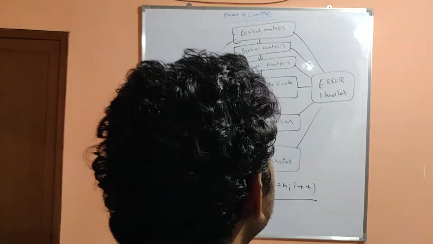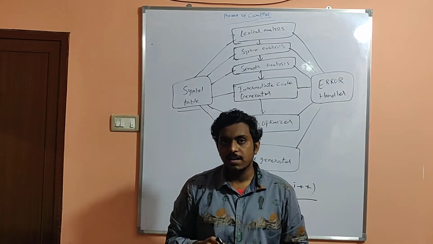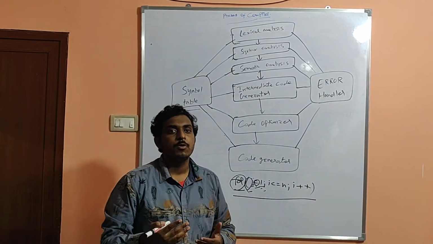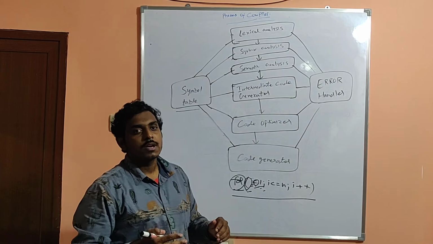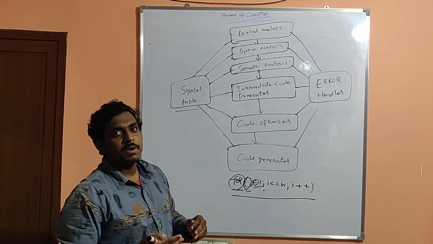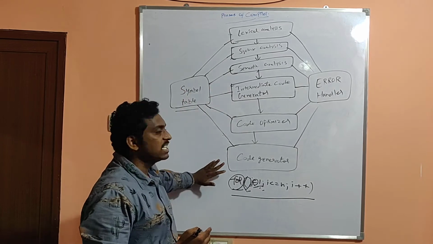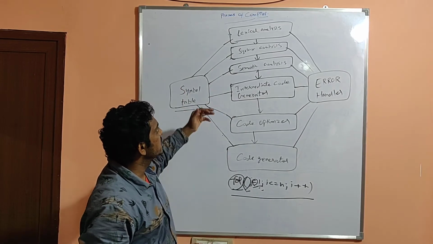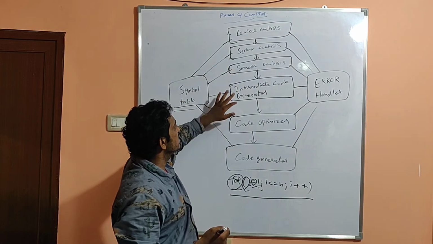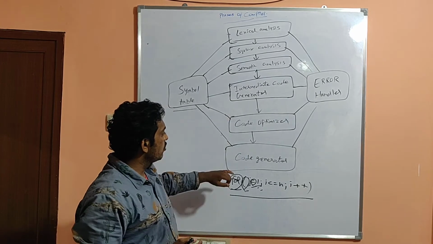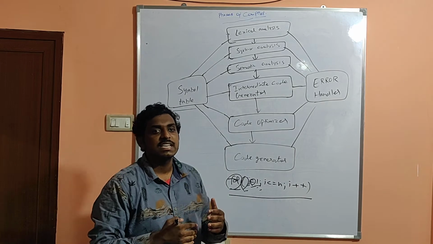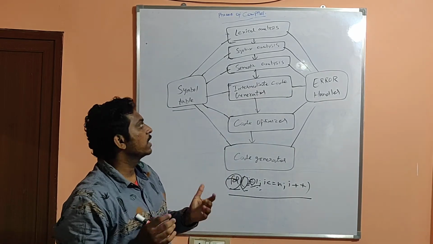Now we are going to see the concept of phases of a compiler. Whatever program we have written, for running the program we definitely have to compile it. The compilation process takes place in 6 different stages. The 6 stages are termed lexical analysis, syntax analysis, semantic analysis, intermediate code generator, code optimizer and code generator. These are the 6 steps processed for successful compilation of our program.